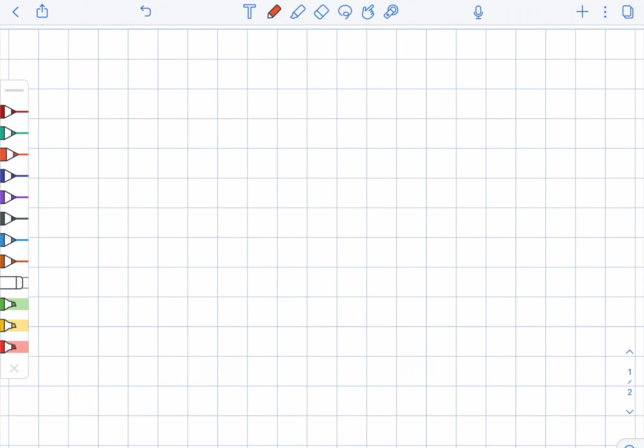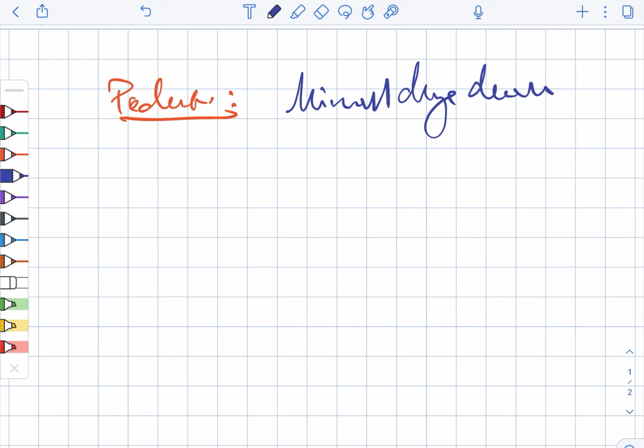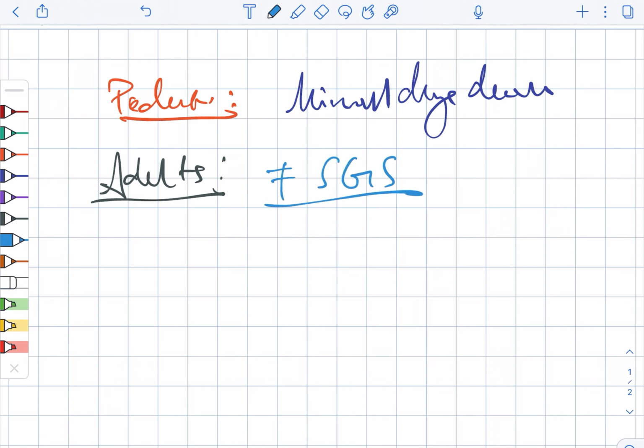Next, we are looking at the etiologies. To be specific, we are looking at the pediatric etiologies. This includes the minimal change disease. Now looking at the adult etiologies. This includes the